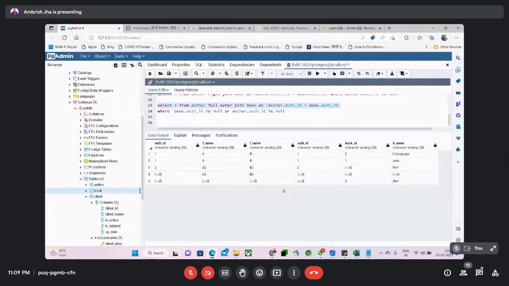हमारे पास ऑथर कितने हैं? 3 ऑथर हैं ना, 1, 2 और नल। और बुक कितनी है? 3, 1, 2 एंड नल।